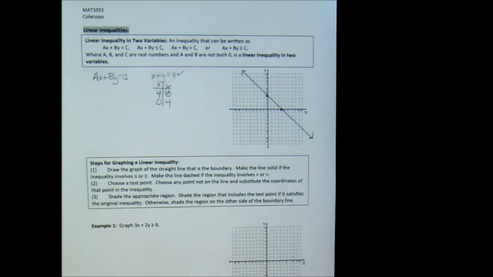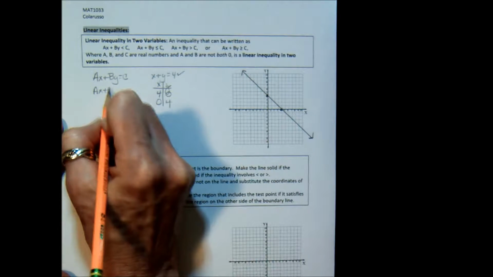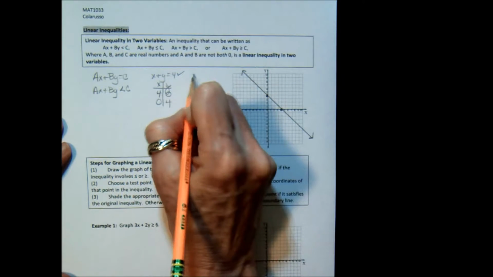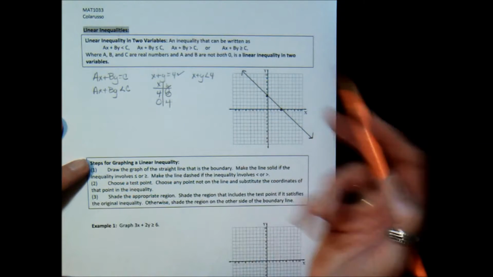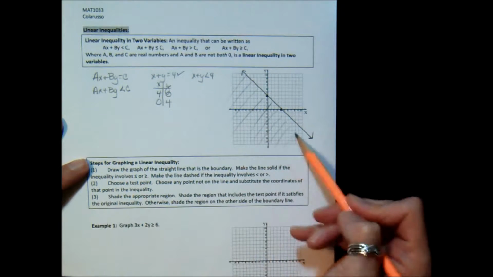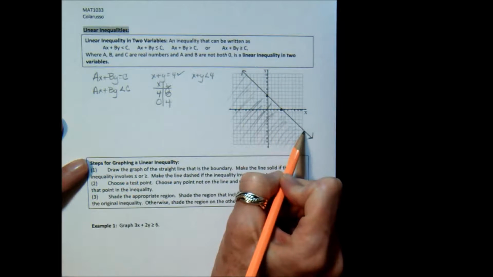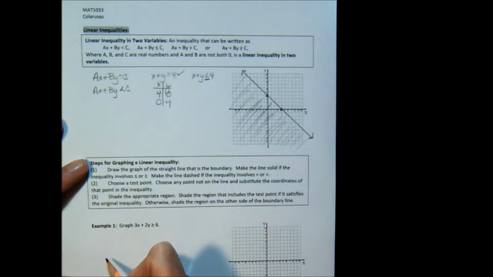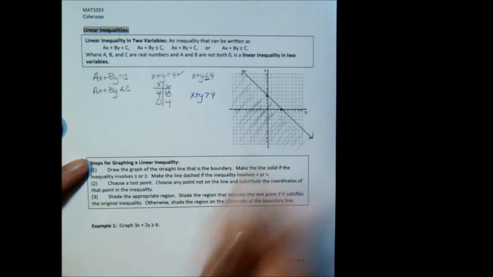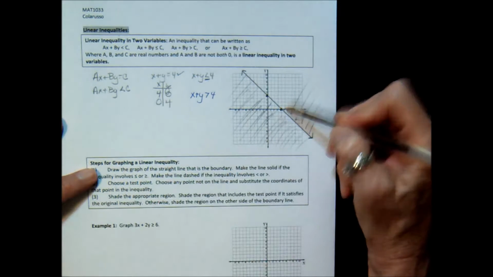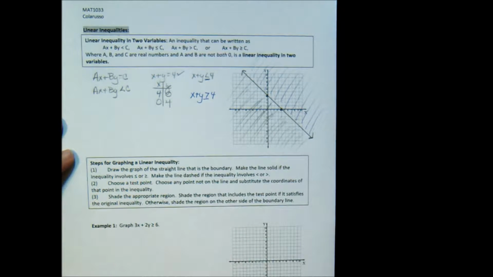to this equation. Now, if I change the equation to an inequality, and instead of ax plus by equals c, I have ax plus by is less than c, which would give me x plus y is less than 4 in this case, that would mean that I'm not just talking about the points on the line, but instead the region represented by this shading right here, below that line. Now, if I also wanted to include the points on the line, I would put or equal to. If I am talking about instead x plus y is greater than 4, I'll do that in a different color, that means I'm talking about the region of points that are above that line. And again, if I wanted it also to include the line, I would have or equal to